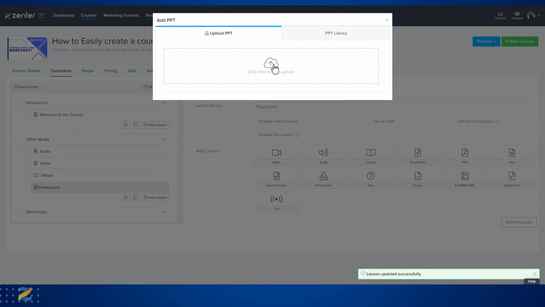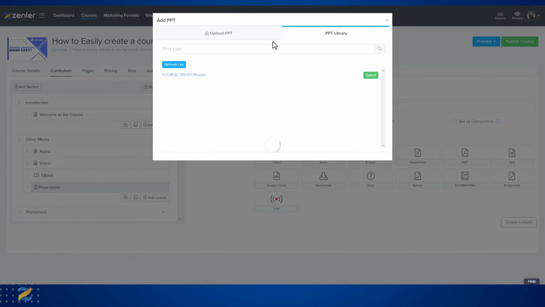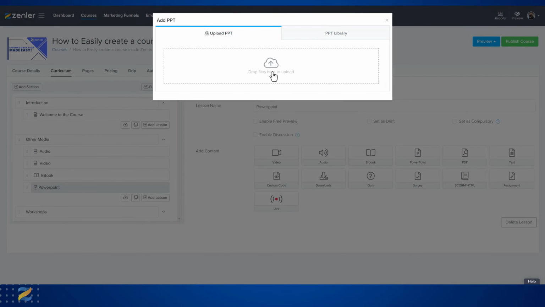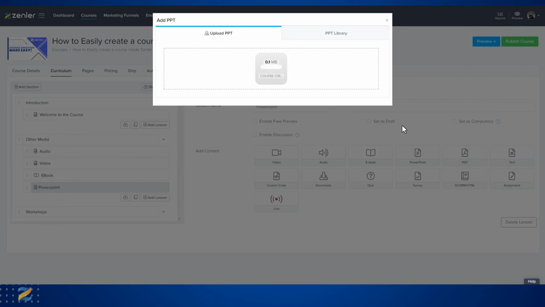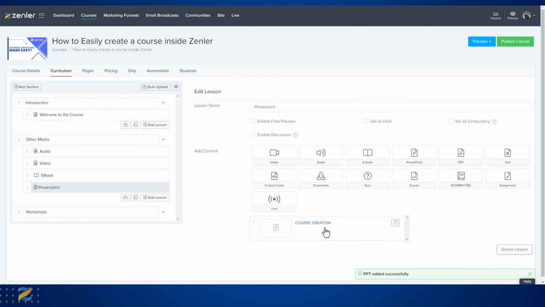Click PowerPoint. You can select it from the library if you've already uploaded one, like this, or you can upload a PowerPoint presentation straight into here. So I'm going to click this and you can see I've got a PPTX file. I'm going to click open, it will upload, there it is there, and we can just now preview this by